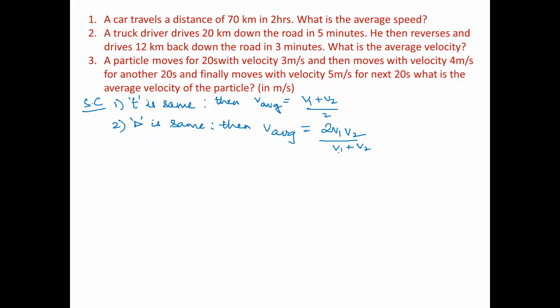Can you dictate the first point? V1 plus V2 by 2, ma'am. Yeah, by 2. Suppose 3 speeds are there: V1 plus V2 plus V3 by 3. Same case here. If 3 velocities are there with the same distance, the formula is 3v1 v2 v3 by v1 v2 plus v2 v3 plus v3 v1. At the maximum he'll give only 3, not 4. In 9th class, that's the maximum he will ask. Not only 9th, even 11th class, this only he will ask.